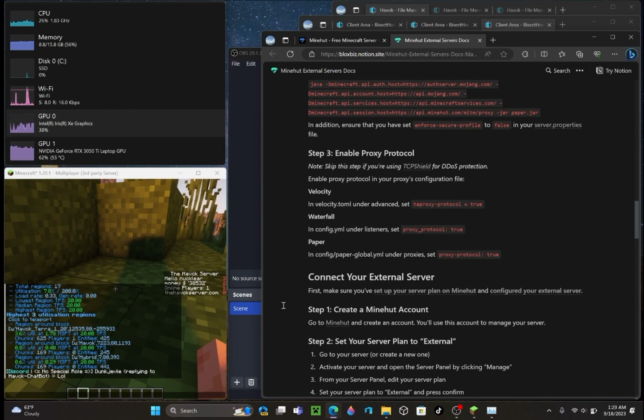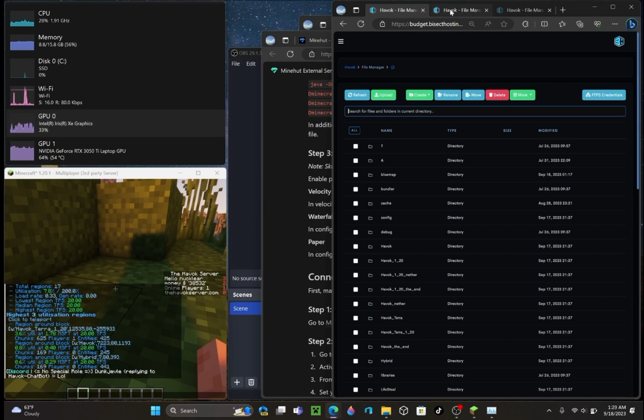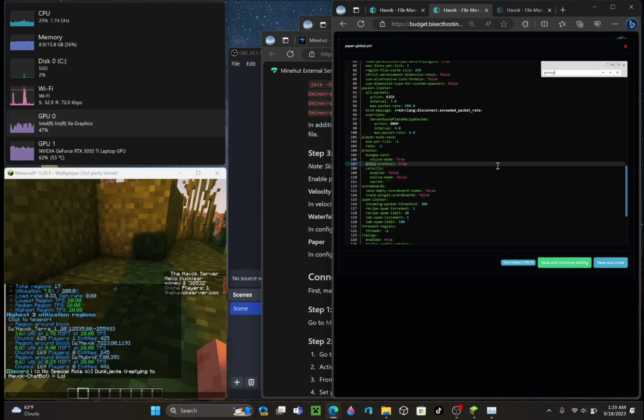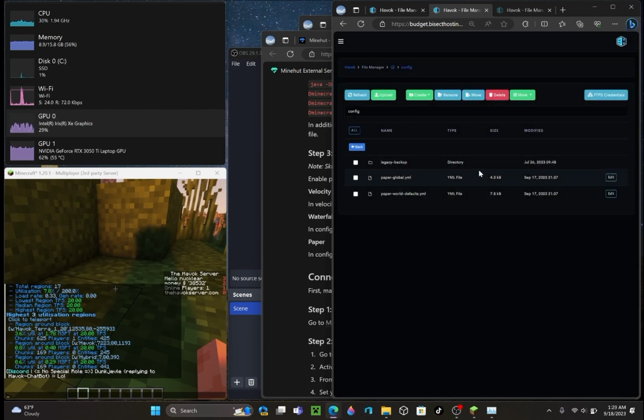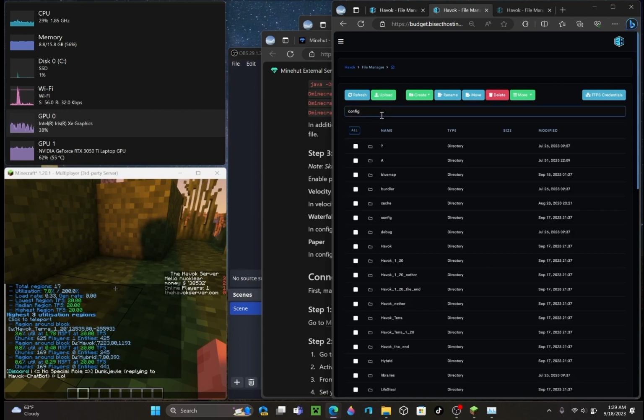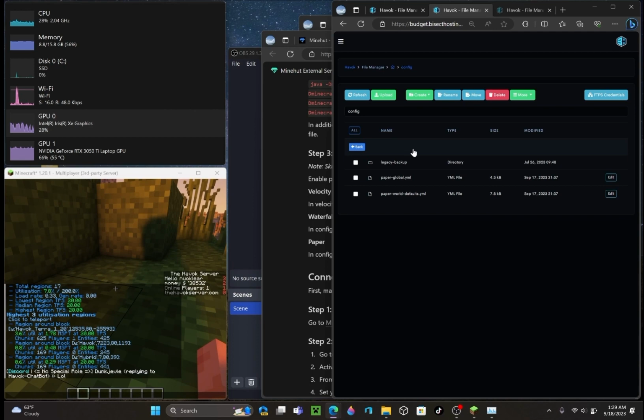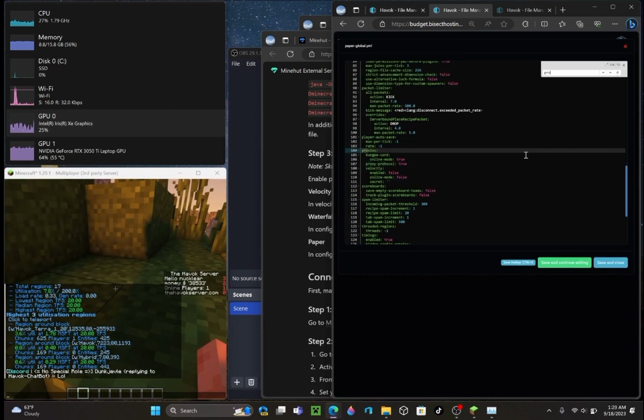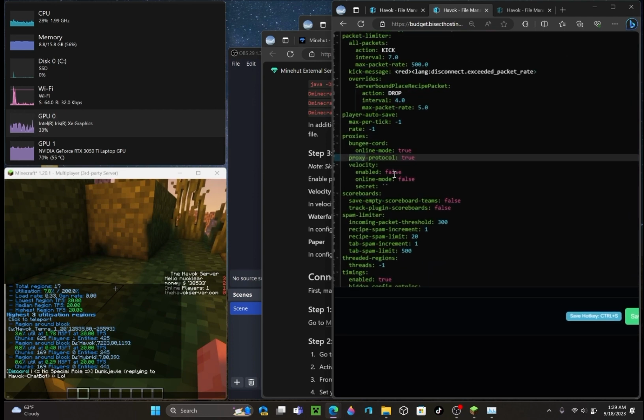Once you have that complete, you'll basically be done, except for the part where you have to make your server the proxy, so it can connect to Minehut. You have all the steps done except this step. You want to go to the config inside your file management. Once you're there, go down to Paper Global YML, type in proxy, turn that to true,